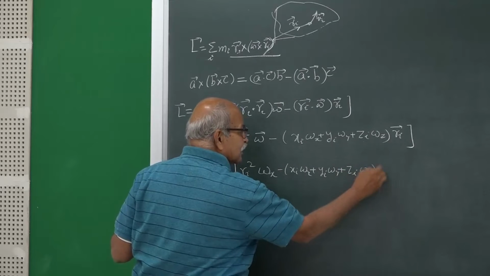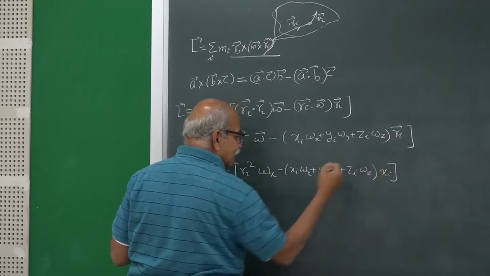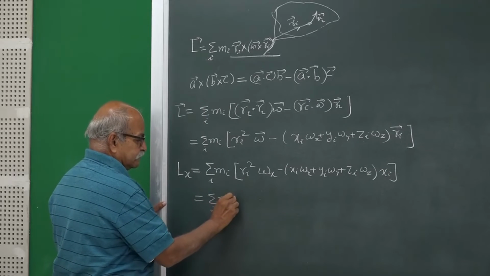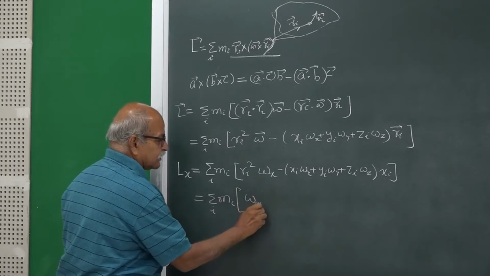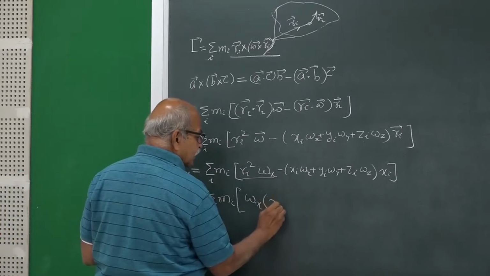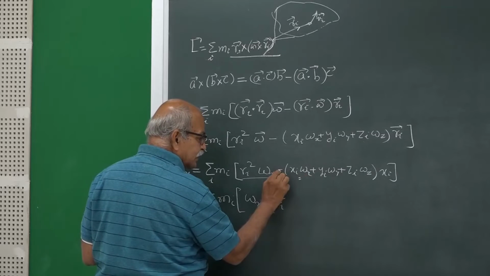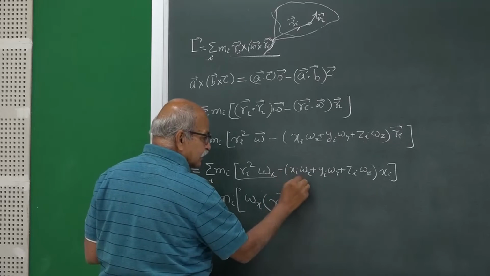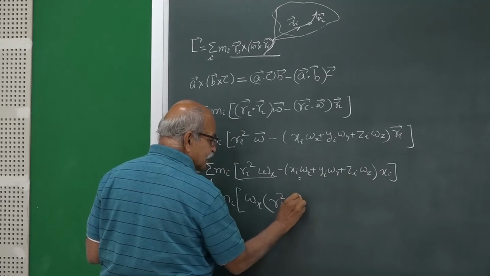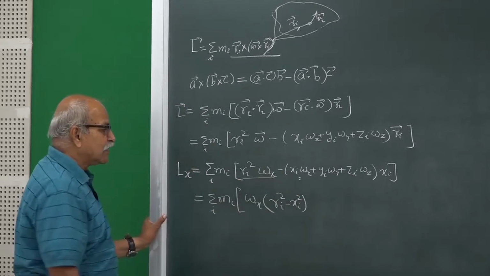The component only comes from here, the x component, so that is x_i. Let us take that omega_x part. Omega_x is coming from here, so that is r_i square. Then omega_x is coming from here, so minus x_i into x_i and then omega_x. So, minus x_i square into omega_x. So, this is that omega_x part I have taken,